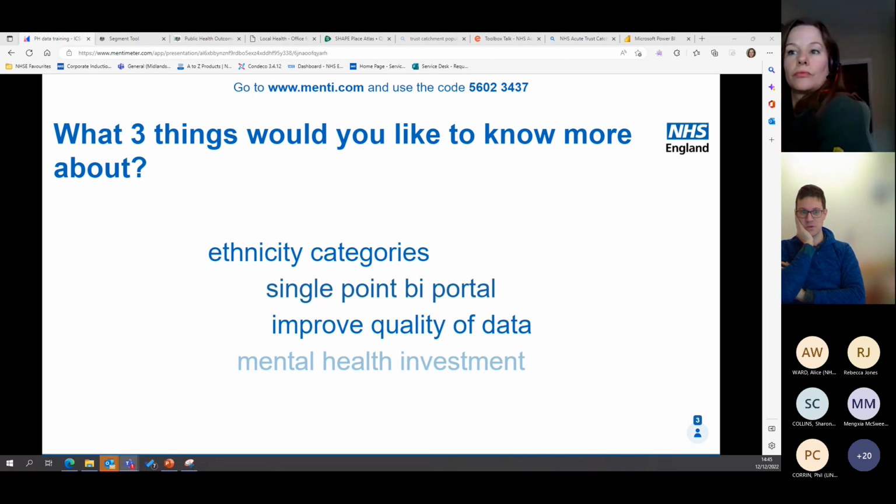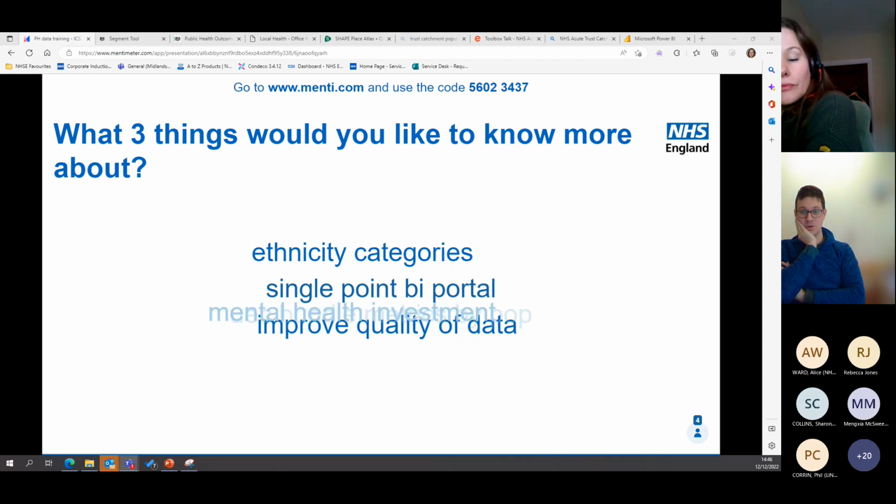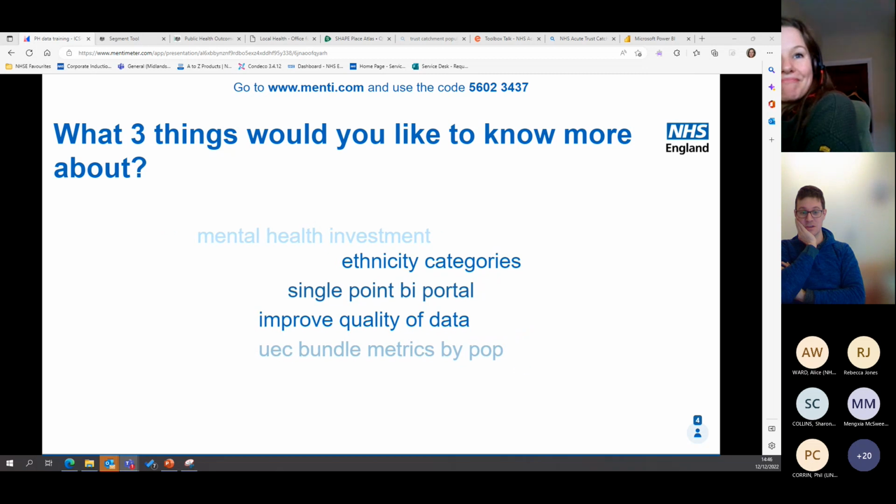We'll share it out after this call to everybody who's on there, but if you think that's useful, well, thumbs up, thank you. It's tricky to know how we get through to people because there's only so many newsletters you can read and webinars you can go to and future sites you can visit. So I wonder what is going to give people the best tool, because I think it gives people the opportunity to share knowledge across the ICBs. Is there some way you want to share your knowledge if you find tools and resources that help you? Because you guys have got much more experience of doing your work than us. So all thoughts welcome in terms of that collaboration.